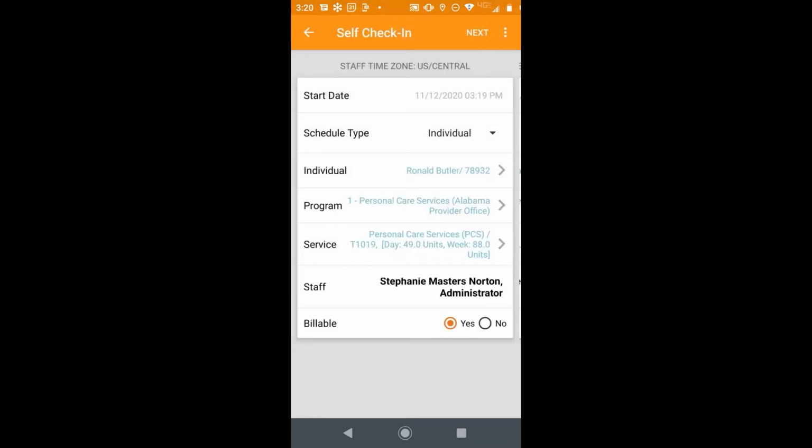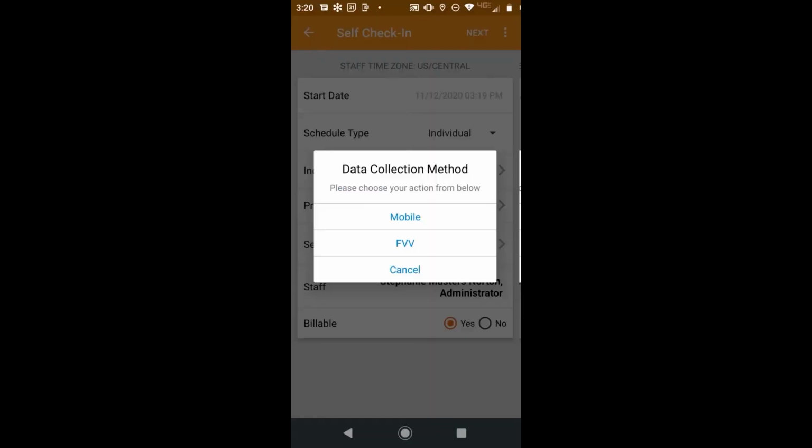It already has my name listed as the staff, and it has defaulted to billable. We want that to stay billable. Yes, it defaults that way, so we're just going to leave it that way. That determines whether or not you're going to be able to bill for this visit, so we want that to say yes. All right, up at the top right, I'm going to click Next, and it's asking me, is this